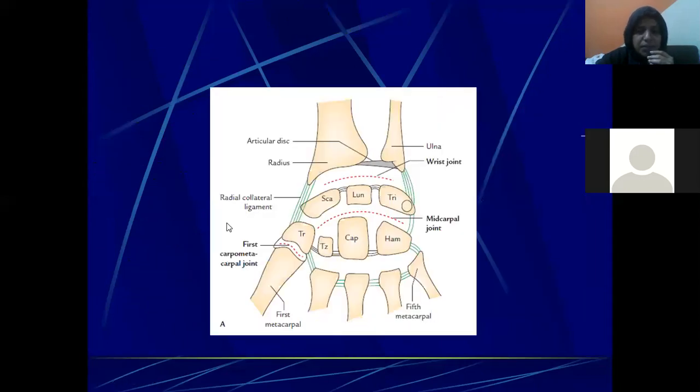This is again Vishram Singh's picture you are finding. Here the disc is shown more clearly. The head is very clear. Now the 2 bones are as though disarticulated to show clearly the head of the ulna. What is this projection called, beta? The name is the same, that's why I am pointing the arrow on both sides. What is this projection? Styloid process.